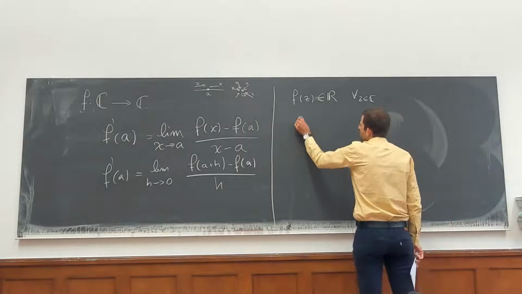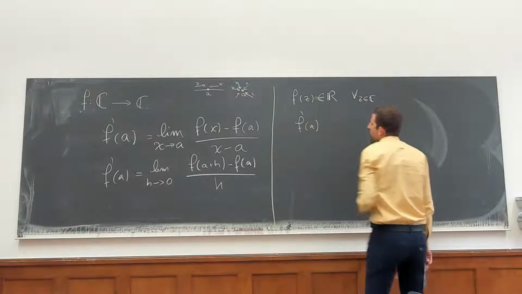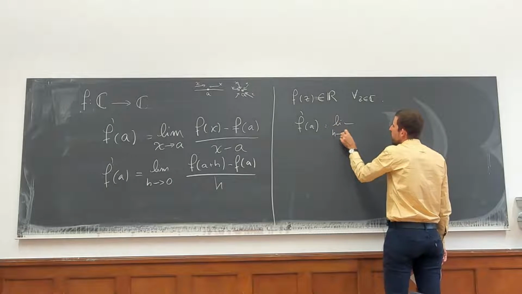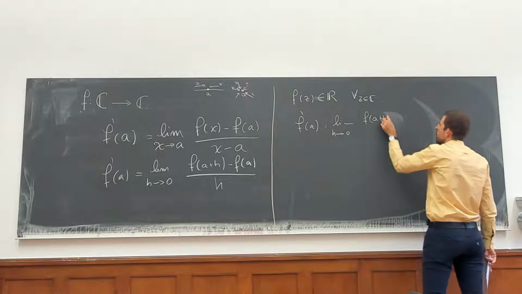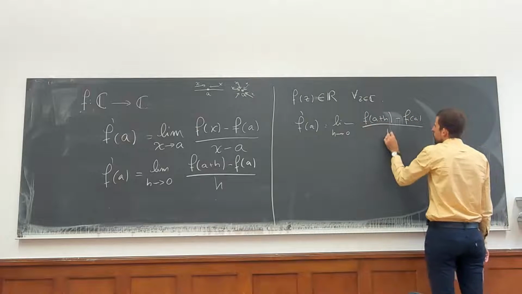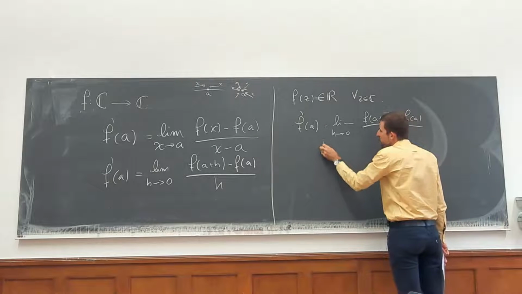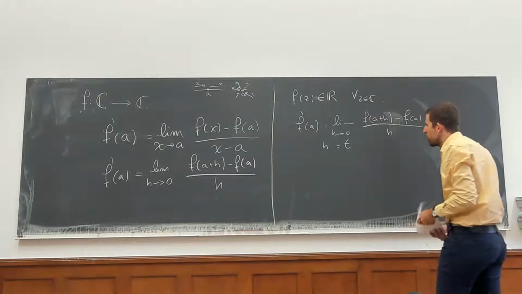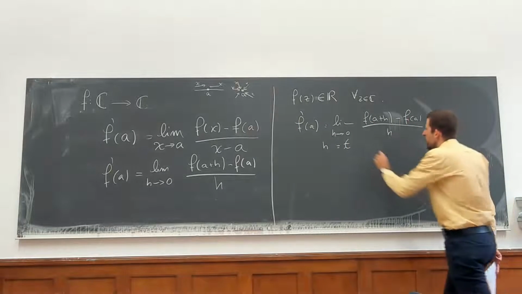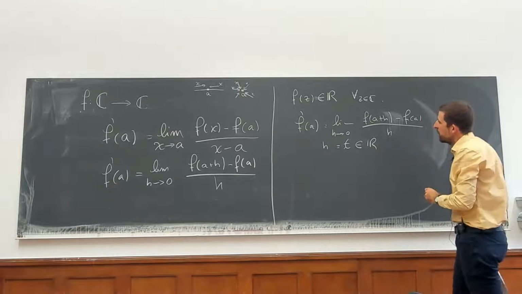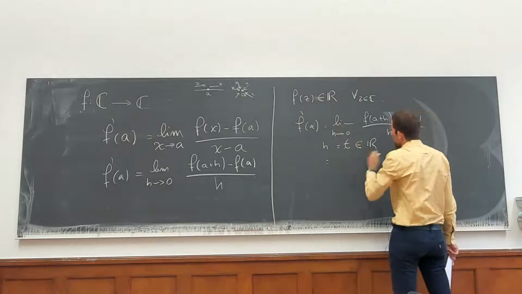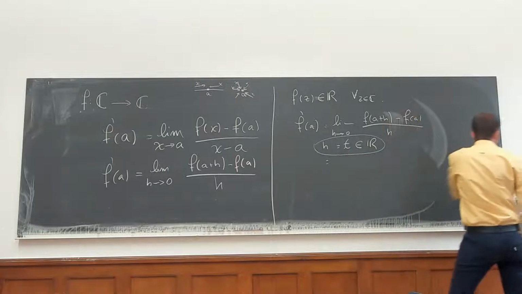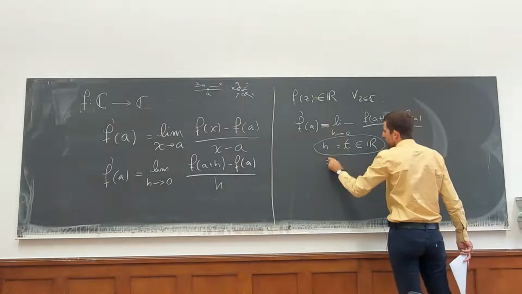Then you can think about what is f prime of a. In terms of this definition, it needs to be the limit of h going to 0. I'm just rewriting the definition. But now, of course, I can take h to be a real number. I often represent real numbers by t, because t's are usually reals. They're good to parameterize curves and so on. If I take h to be real, then the limit needs to be the same. Let me put this separately.